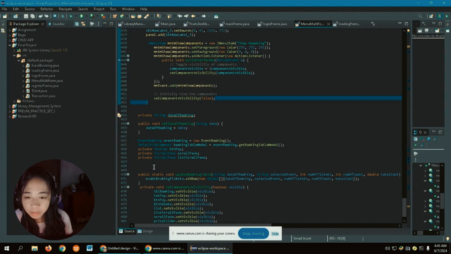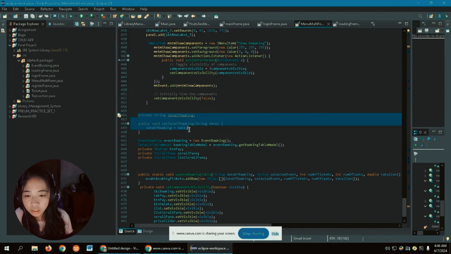This right here is the private date of booking. This will handle the user-inputted date, and it will hold it. And then this is for the event booking, where they're making a new event booking.